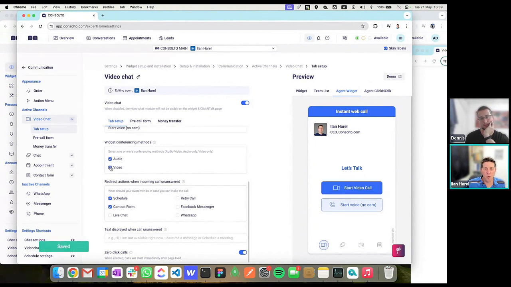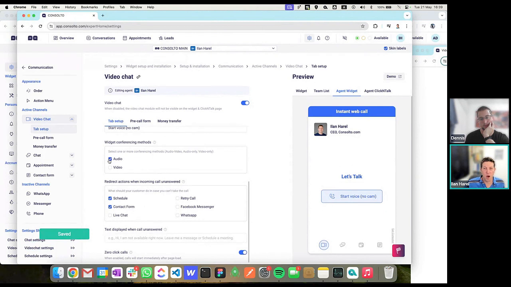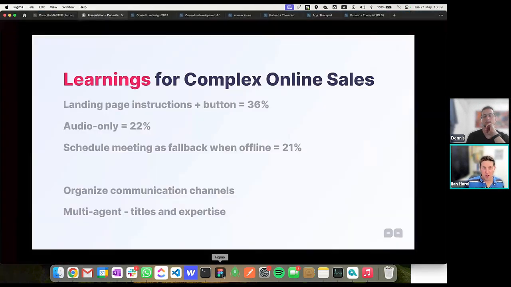Look, this is two buttons, video and audio. This is audio only. Our recommendation, if you are experiencing low conversion rates, move to audio only and change this text. Okay, because sometimes people don't want to expose initially their cameras, or themselves on their cameras.